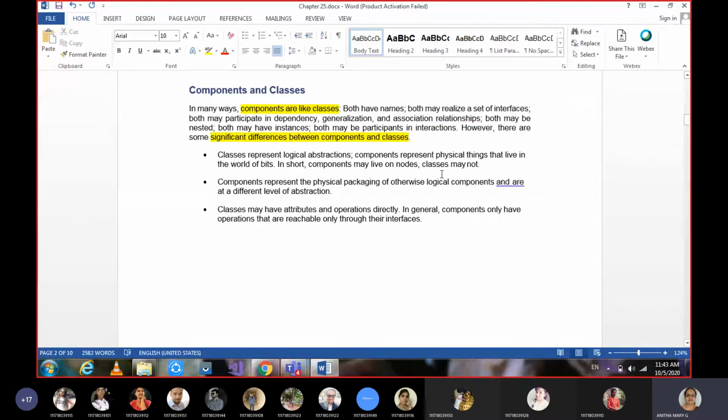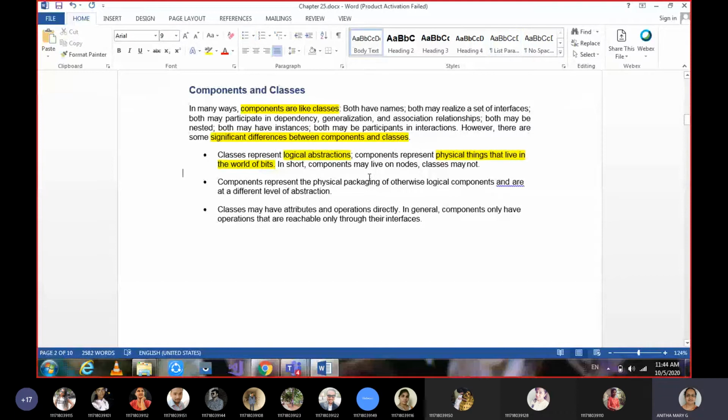First, a class represents the logical abstraction of the system, whereas a component is nothing but a physical thing that lives in the world of bits. So class is a logical abstraction, whereas component is a physical thing. That itself is the main difference.